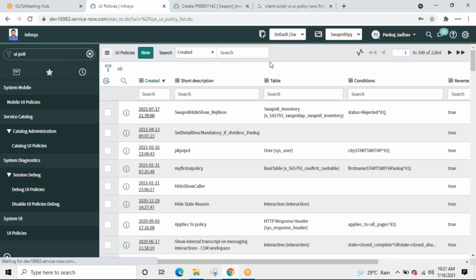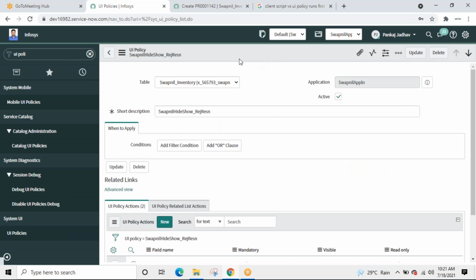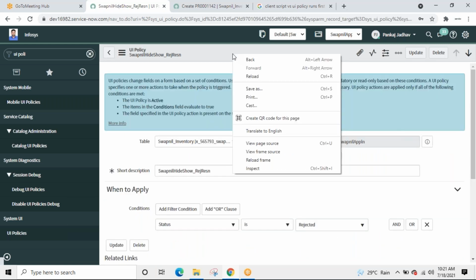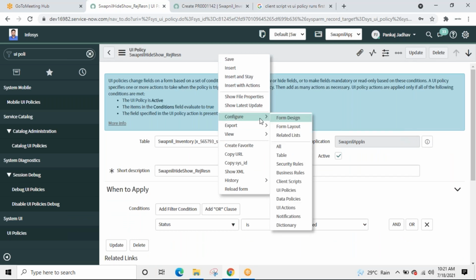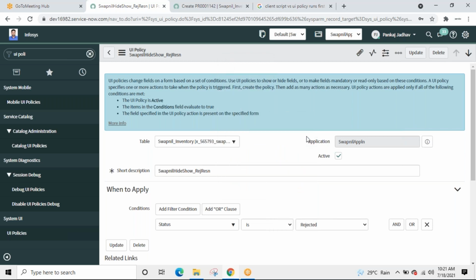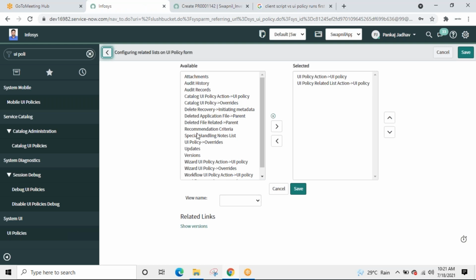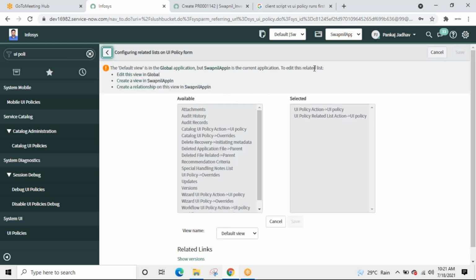If I open like this, data policies, related list. Do we have that option over here? Let us see.